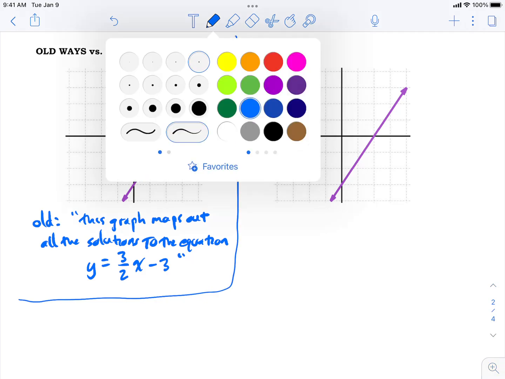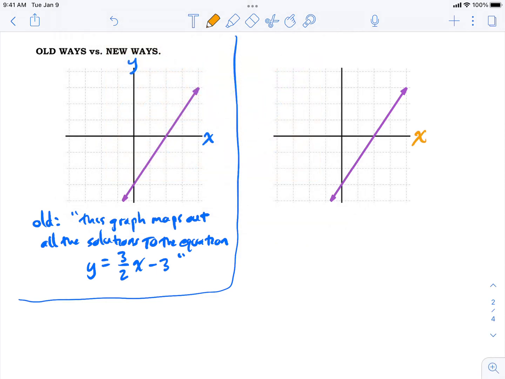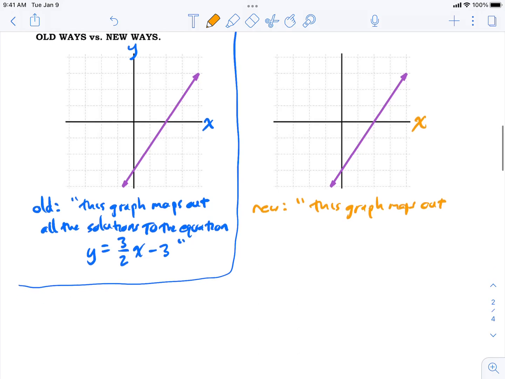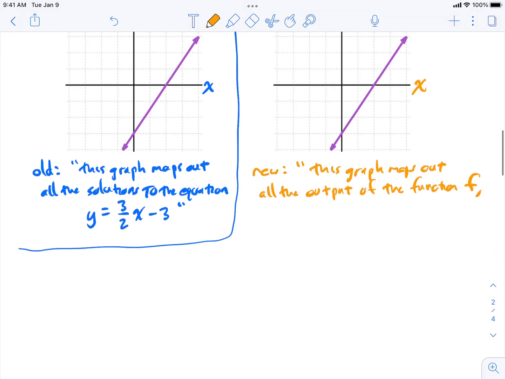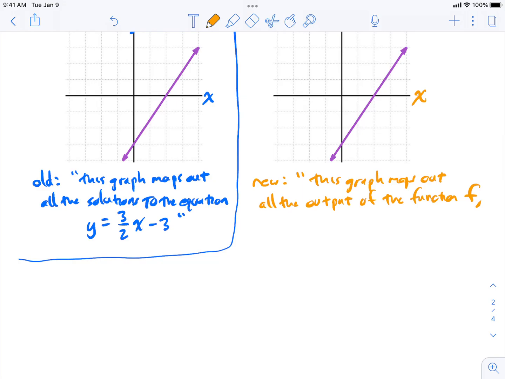But it's not new. Now we have the new ways of saying things. First of all, we're still going to call that the x-axis. But the new thing we're going to say is this graph maps out, and it's important to get a hold of the lingo. You want to get used to the lingo. So that's why I'm taking care to do this. This graph maps out all the output of the function f. F is just the name of the function. It's not a very imaginative name, but it's a name. You can call it anything. Call it ABC, whatever you want to call it. You can call it Jeff, whatever. This graph maps out all the output of the function f, which is defined by,